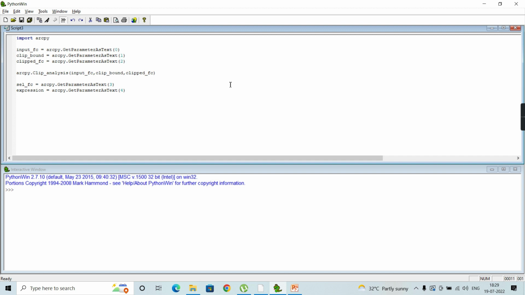So for that, ArcPy.Select_analysis, open bracket. So this tool will be using the output of the previous tool, right? So it will be using this parameter as the input for this tool. So we have to give the name of this shapefile here, right? So it will be clipped_FC. That is the input feature class,